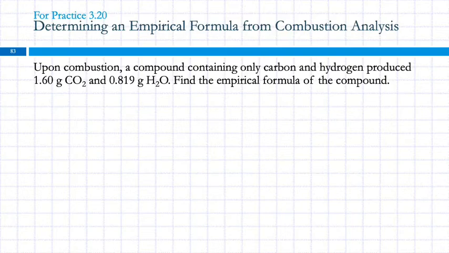So what we need to do in order to find the empirical formula is first we need to find the masses of the elements. Here the problem is telling us that this one contains only carbon and hydrogen. So I need the mass of carbon and I need the mass of hydrogen. What I'm given is a mass of CO2 and a mass of water. But we just learned how to figure out the mass of an element in a given mass of compound. It's a little tedious, but